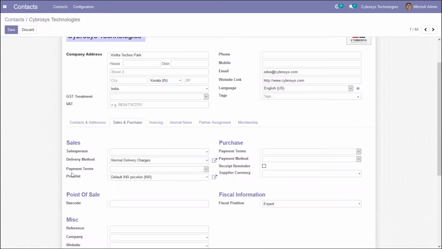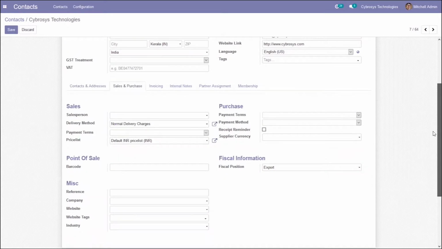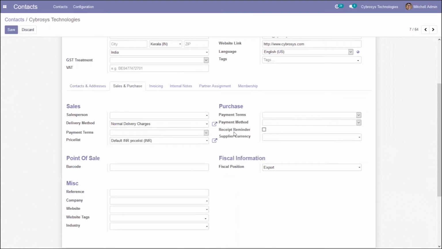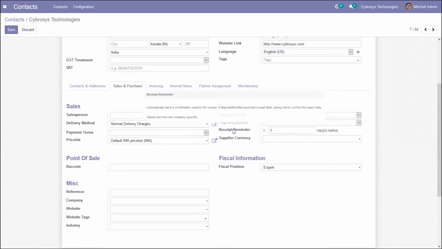We can also set a default payment term for this contact, and a price list. Then we can set the payment term related to purchase when we are purchasing products. Then we can set the payment method for this contact. Then a receipt reminder can be sent. That is, using this option, we can send a confirmation email to the vendor some days before the expected receipt date.